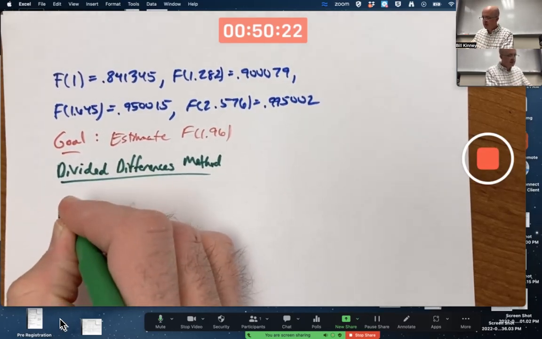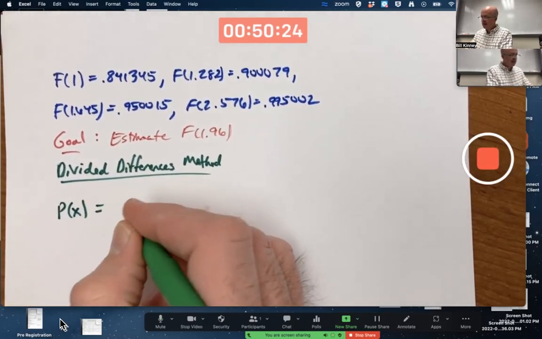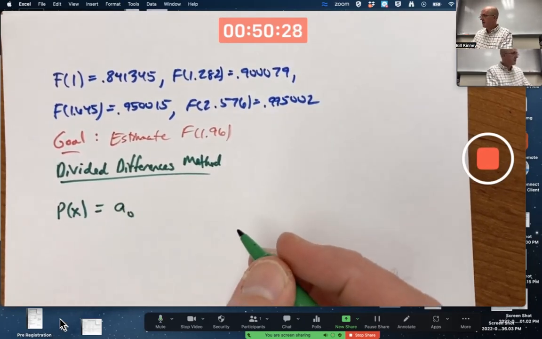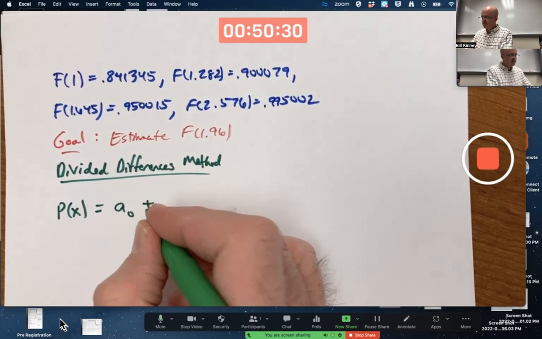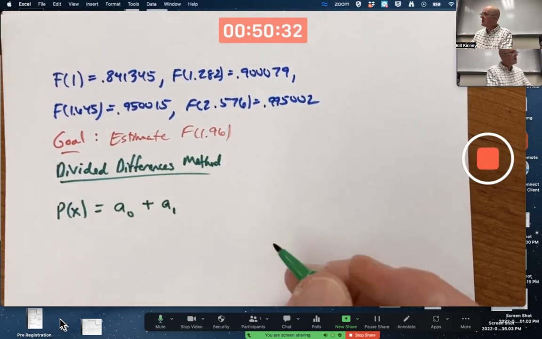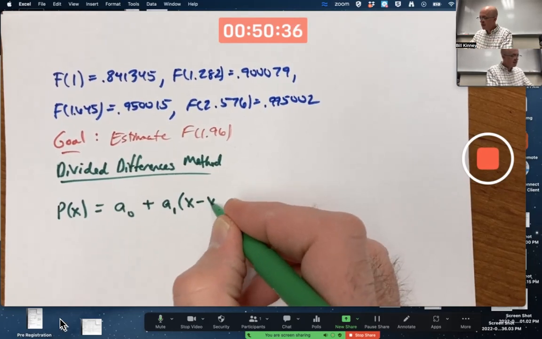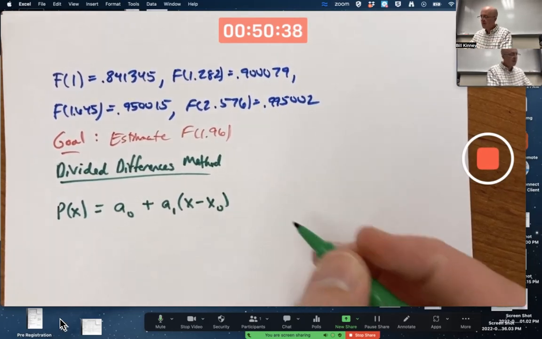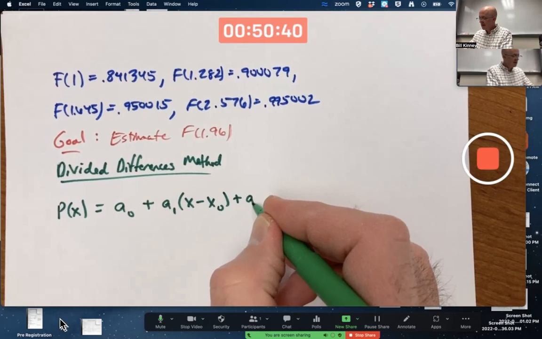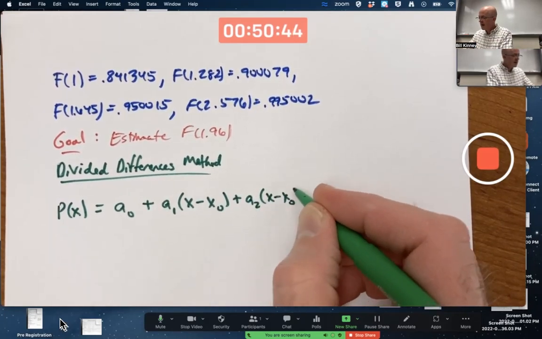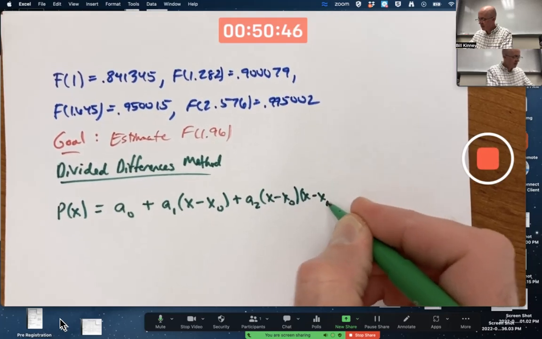It's written in a kind of strange form. A constant, call it A0, plus another constant, call it A1, times x minus the 0th node, plus another constant, call it A2, times x minus the 0th node times x minus the 1st node,